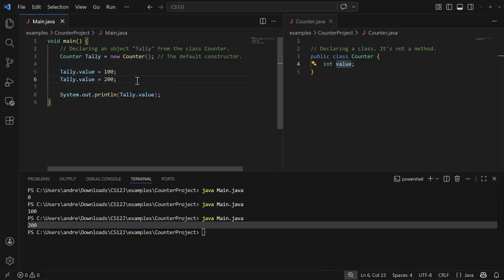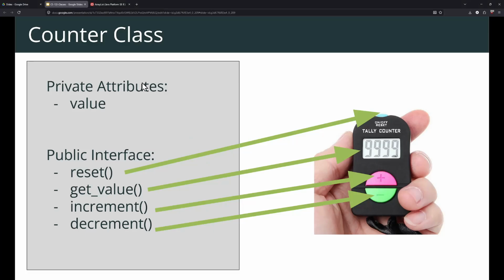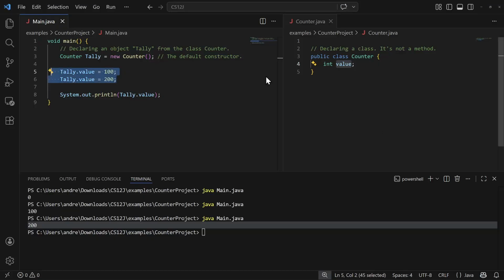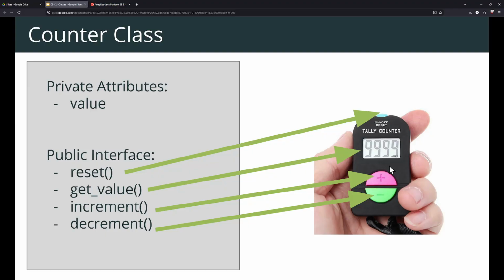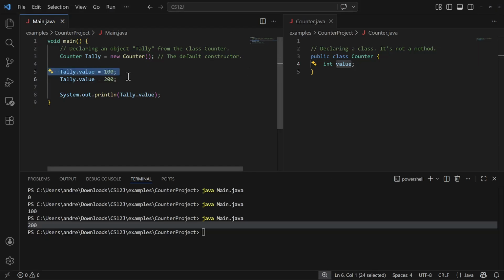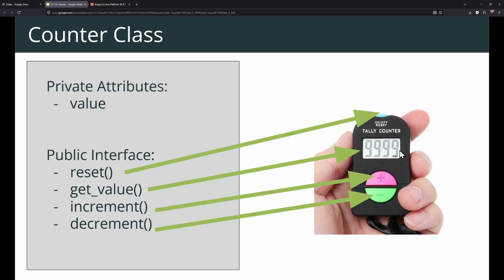Isn't it inappropriate to do this? Like if I were to give you a fresh tally counter, would you be able to change the number to 100 in one command? Right here, I'm changing the value in one command. That shouldn't be possible. It should be that the only way to get to 100 is by pressing plus 100 times. All right, so this does work, but it's possibly bad programming practice because we're not representing the public